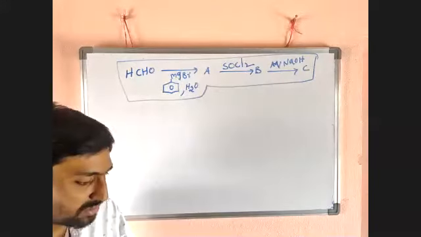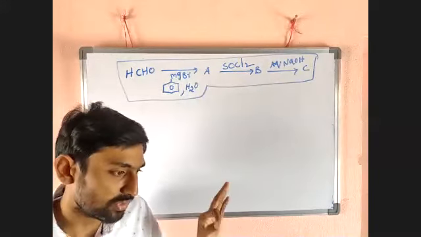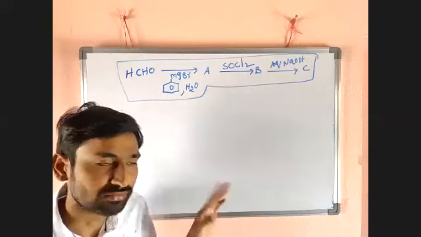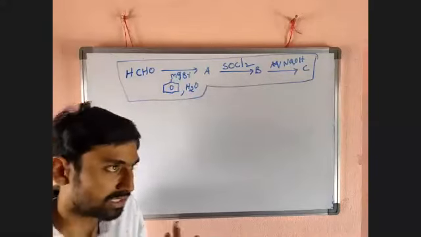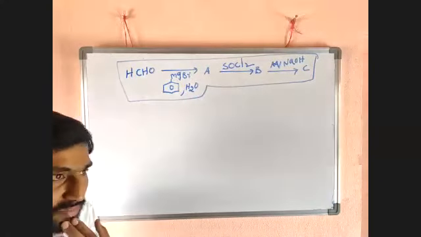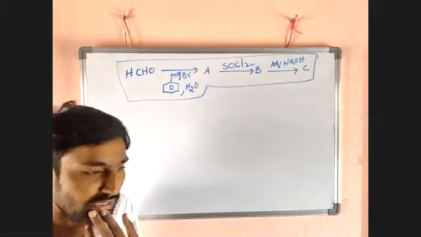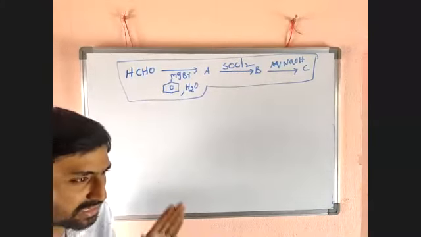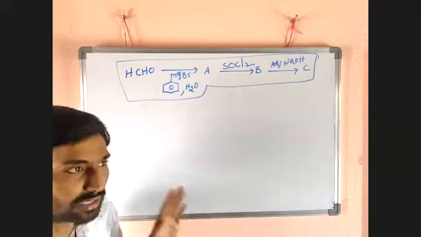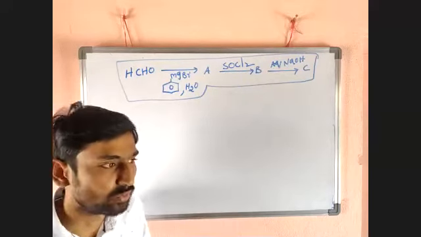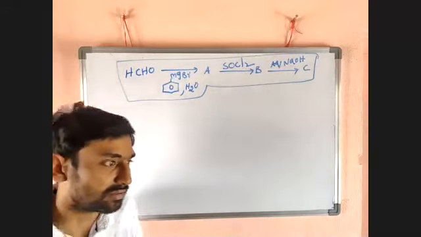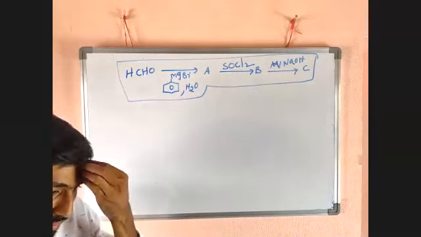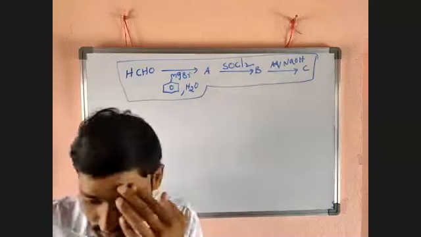The chapter is 12.1 alcohols, phenols and ethers. Tomorrow alcohols may be completed. After that phenols may take 2 or 3 classes. Ethers may take 2 classes. I think 12.1 needs 10 days completely. 12.2 needs 10 days. Then the 13th chapter also needs 10 to 15 days. Okay, see you guys tomorrow.